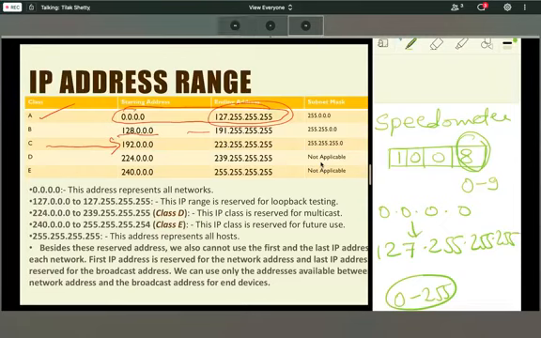This is the first octet, second octet, third octet, and fourth octet. From 0.0.0.0, counting up 1, 2, 3, 4, 5, 6, it will reach 127.255.255.255. And if you do plus 1, what will be the answer?